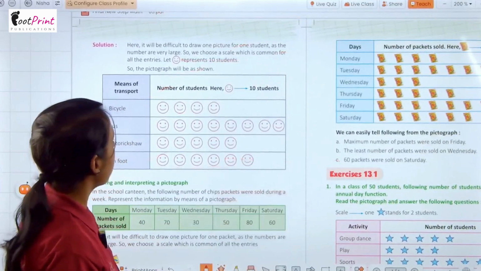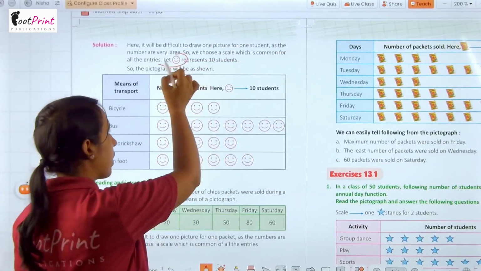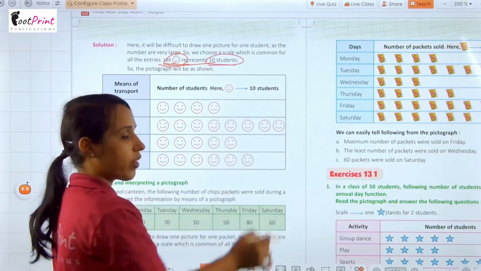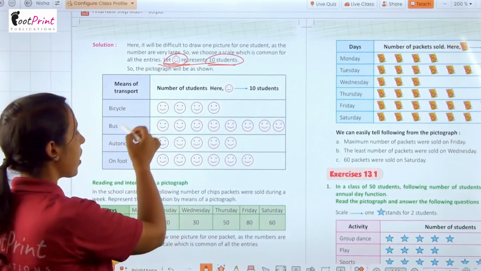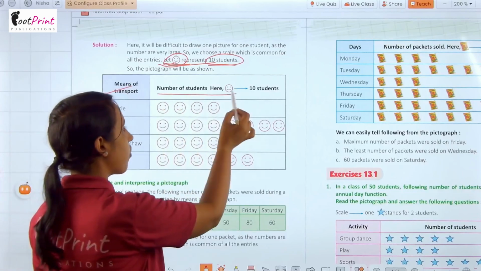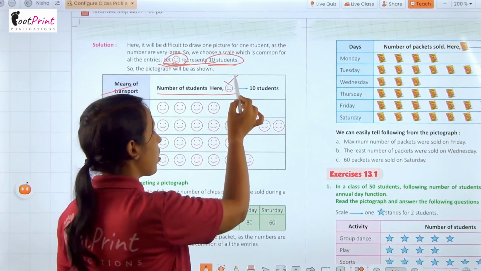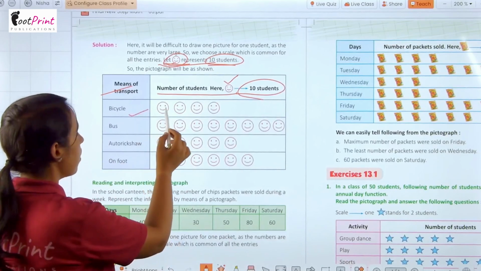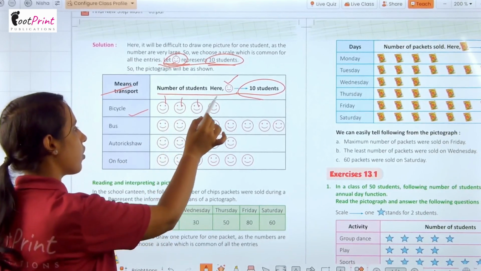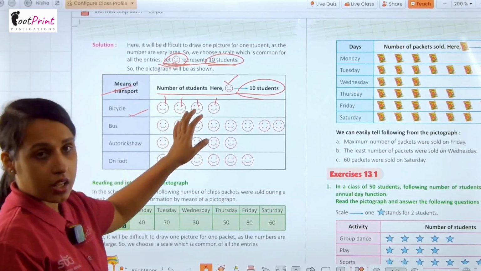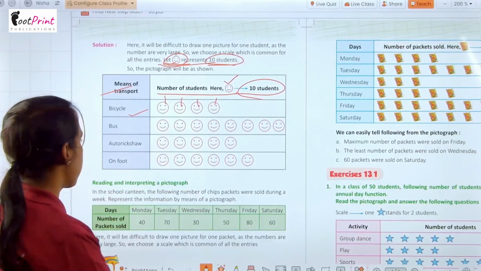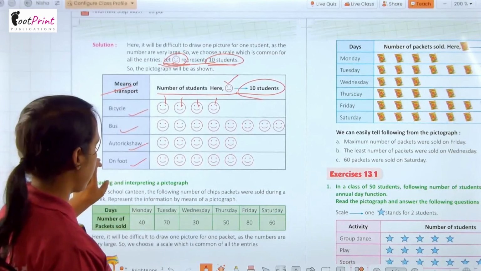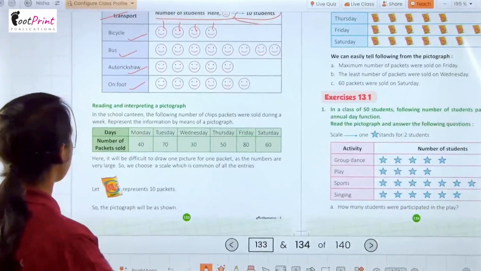So we use here a scale, that is a smiley, and one smiley represents 10 students. Here we make the means of transport, and here we write the scale. The picture is a smiley and one smiley shows 10 students. So bicycle is liked by 10, 20, 30, 40 students. So here we make 4 smileys. Just like that, bus, auto rickshaw, and then on foot we can write. After that